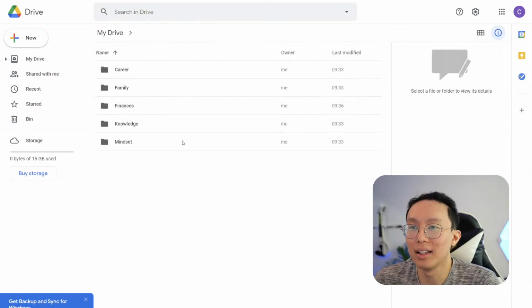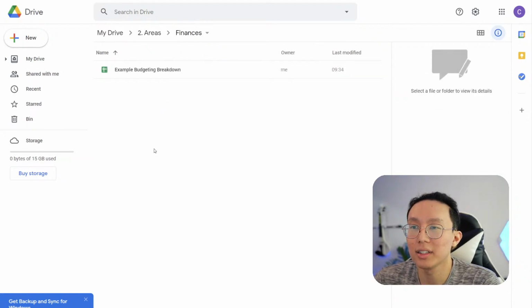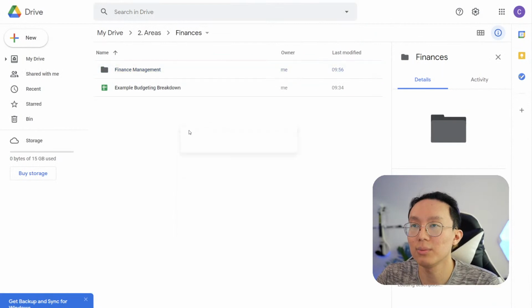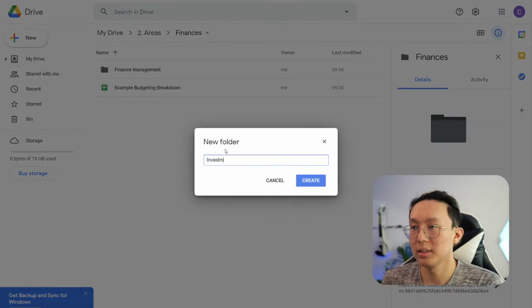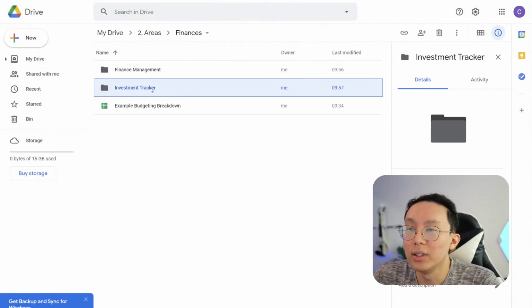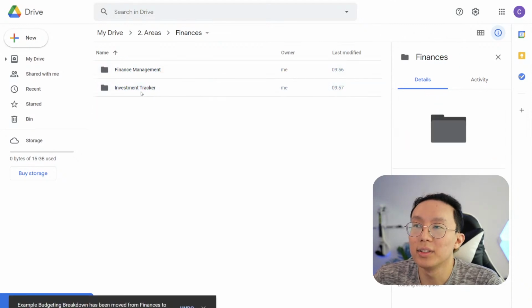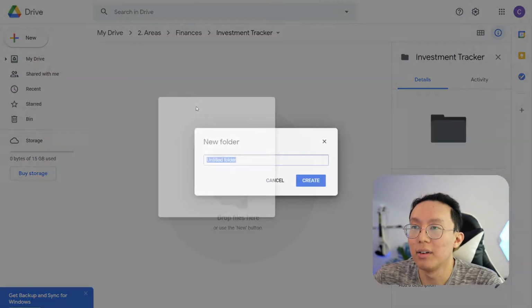And again, let me just give you another example for finances, right? You could break down into two folders here. You can say this is your finance management, right? And then this is your investment management, investment tracker maybe, right? So inside your investment tracker, this is a perfect example. Let me show you how I would do something like this, right? So inside my investment tracker, I might have different